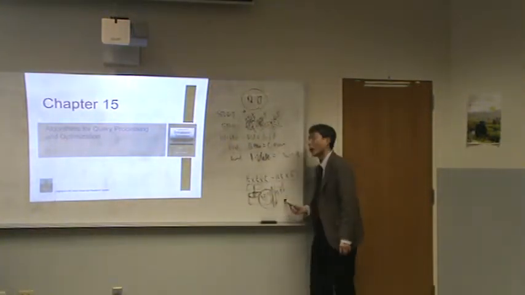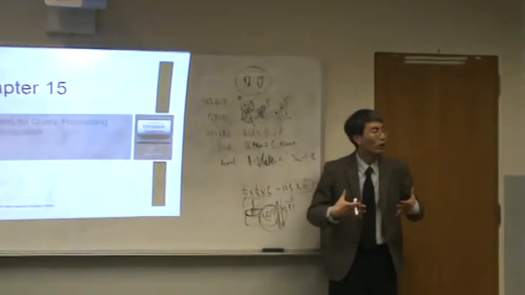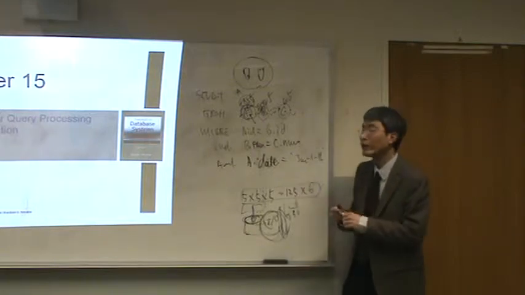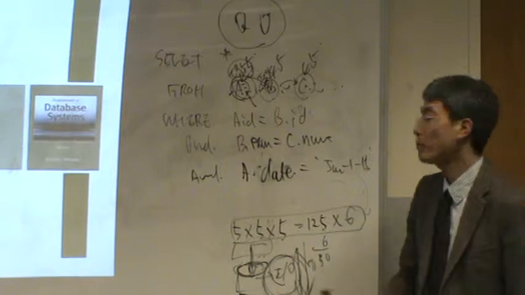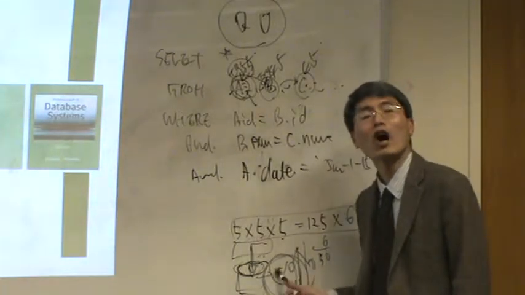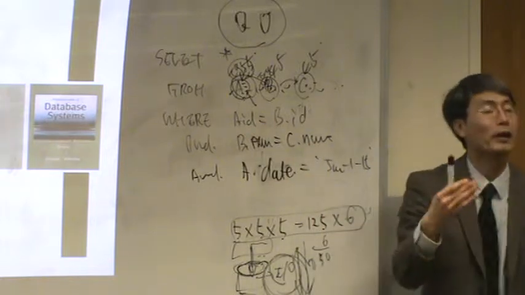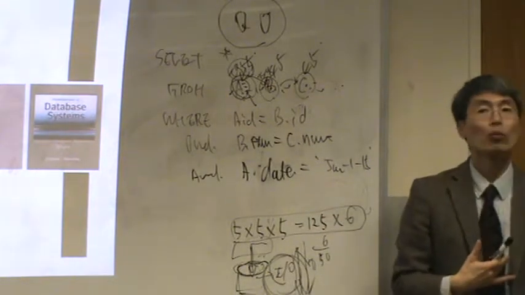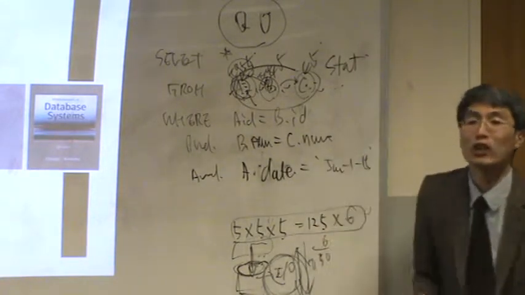Similarly, when we access the data, we need something prior, some knowledge, prior information. When we access table A, how many I/Os are required? When we access B, how many? It's the best estimation. To do that, we need to keep such statistical information.